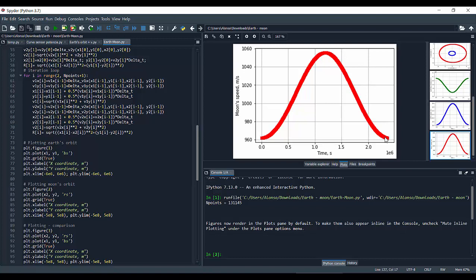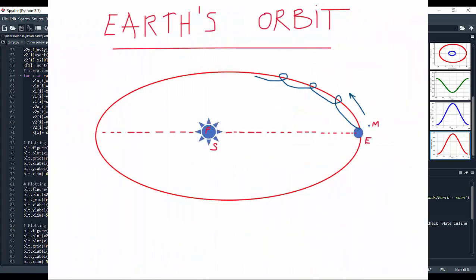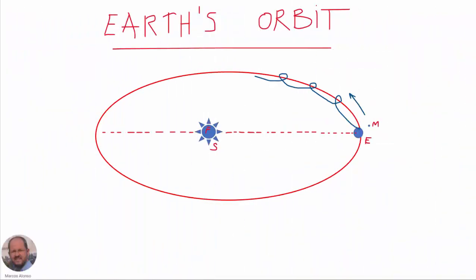Maybe you can find some difference between these calculations and the literature. Of course, in order to have more accurate results, we need to consider also the force due to the Sun, which is also acting on the Earth and the Moon, and even due to other big planets on the Earth and Moon system. So the conclusion after these two videos is that the Earth is not describing a circular orbit